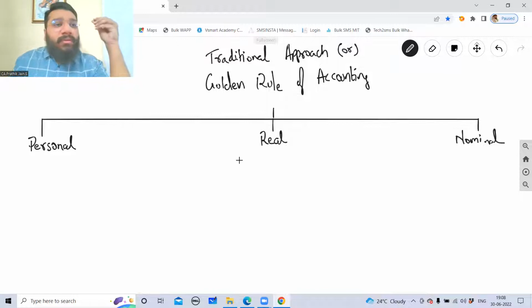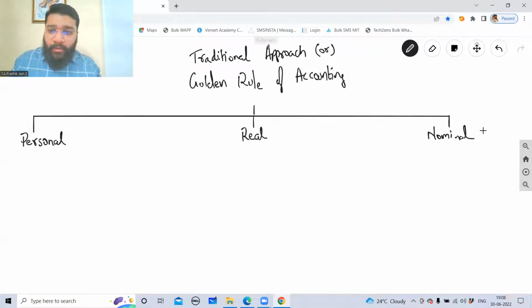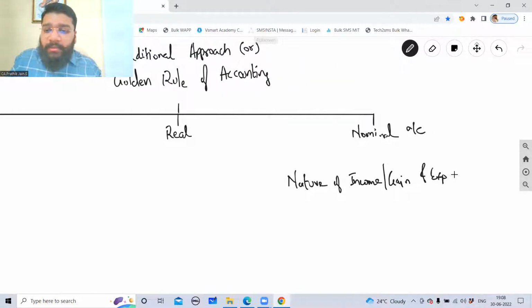All the accounts having the flavor of income, expense, gain, and loss, you will be heading towards nominal account. You'll be heading towards the nominal house. So this is nominal account. All the items having the nature of income, gain, expenses, and losses, right? If you have a flavor of income, gain, expense, or losses, then the rule that you will follow is